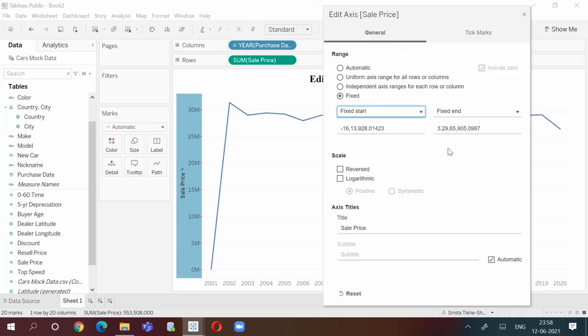Usually we use automatic, but we can even start the sales price from a specific number or a specific selling price. For example, I want the selling price to start from 5 million rather than 0 million. I want the graph to start from 5 million. So what I'll do is edit it as